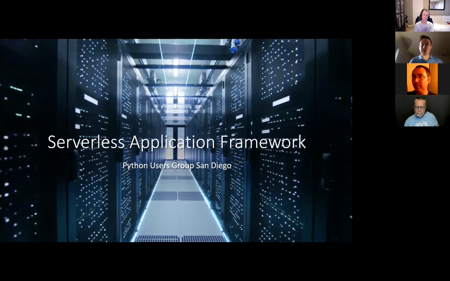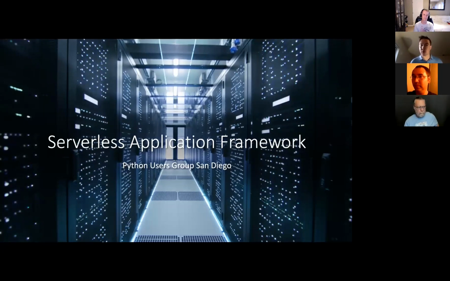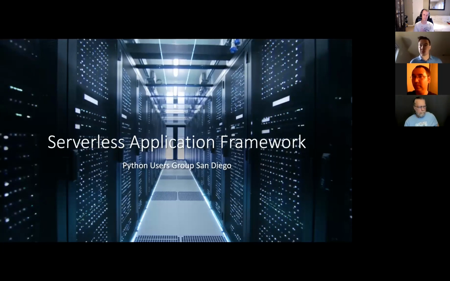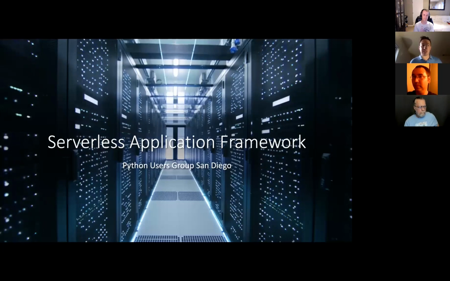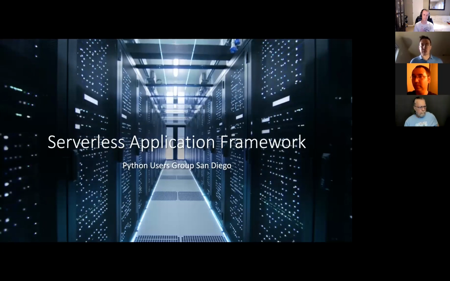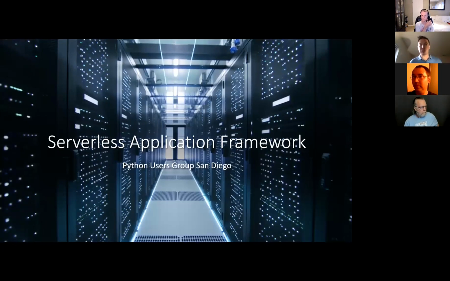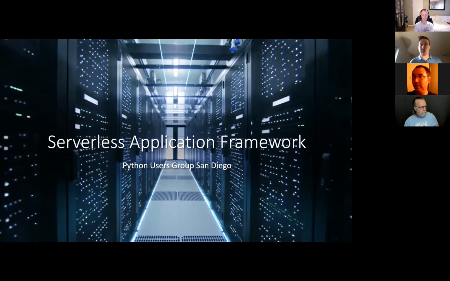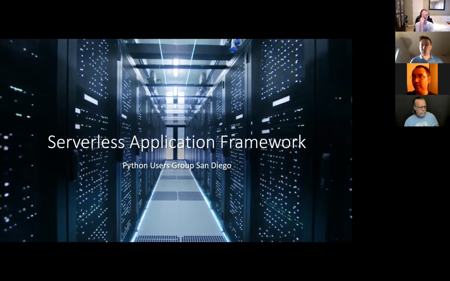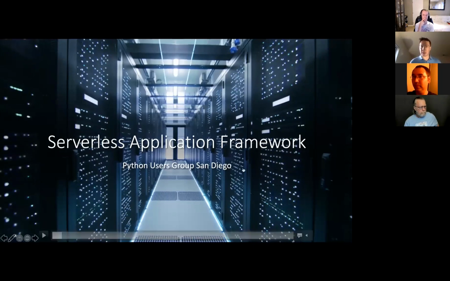So instead of running something on Flask or on EC2 or on physical hardware or on Kubernetes, you're running a function as a service. So you have a specific function. You don't deal with auto scaling, well, you can provision auto scaling, but it's really hands off. You have your code, and you have some sort of event source that executes it, and then the code runs. So let me go to the next slide.